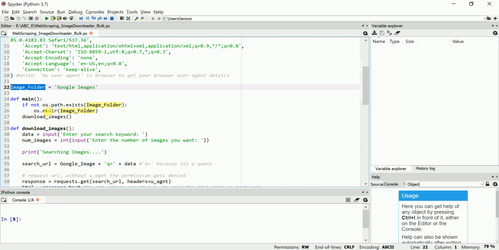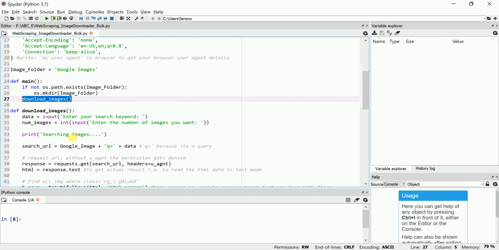It will first check whether that image folder exists or not in the path where this code is saved. If this folder is not there in that path, it will create a directory of that folder named Google images. Then it will do the function of download image, which will download the image.